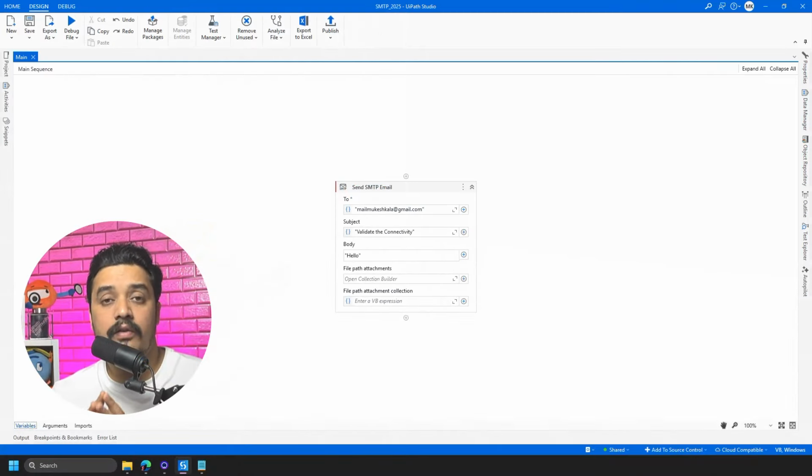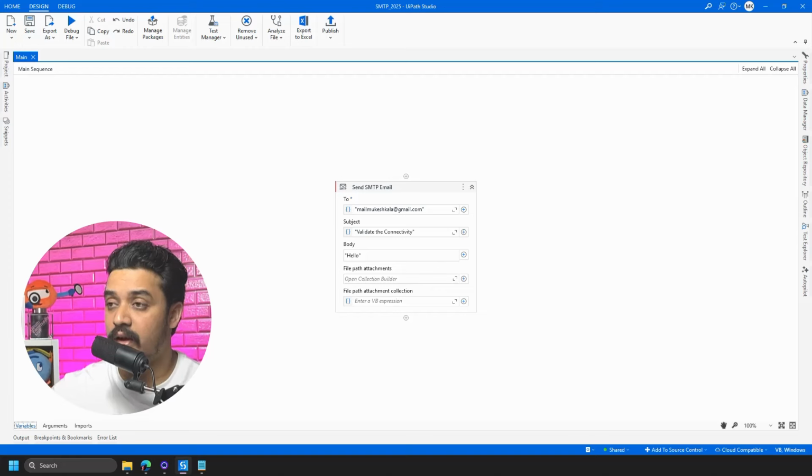Okay, so the first scenario could be that I want to send an email, but I want to attach only a single file. To attach a single file, all you have to do is go back to the